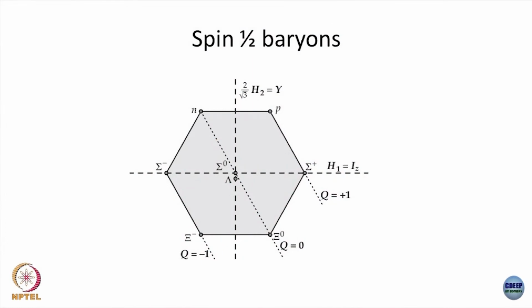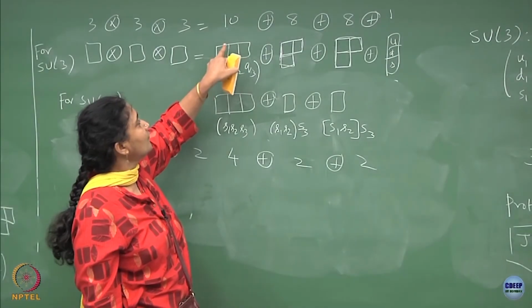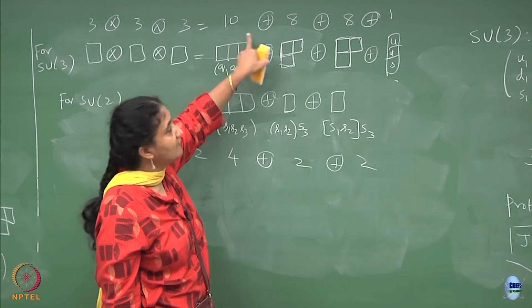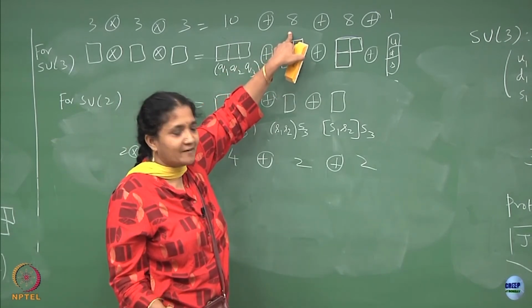Similarly, the spin half baryons also had a, this is very different from the earlier one. This is another irrep, and this irrep had 8 particles. Okay, and that is your 8 dimension. The spin half baryons, which include protons, neutrons, belong to a different irrep from this. This irrep was totally symmetric. This irrep is partially symmetric.